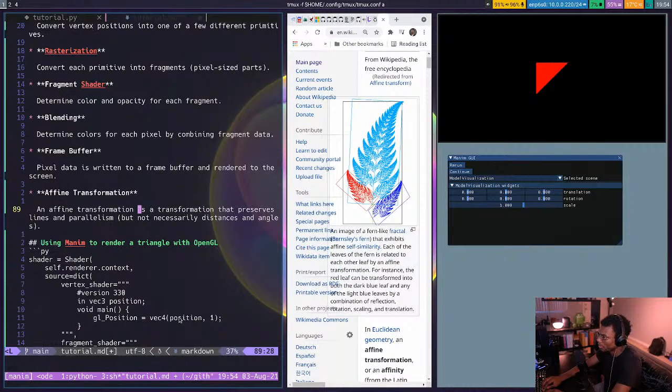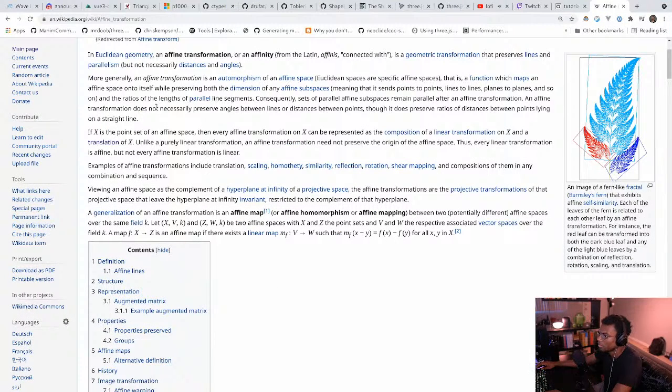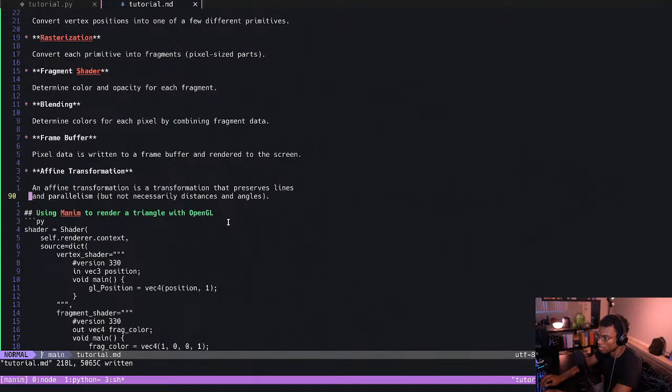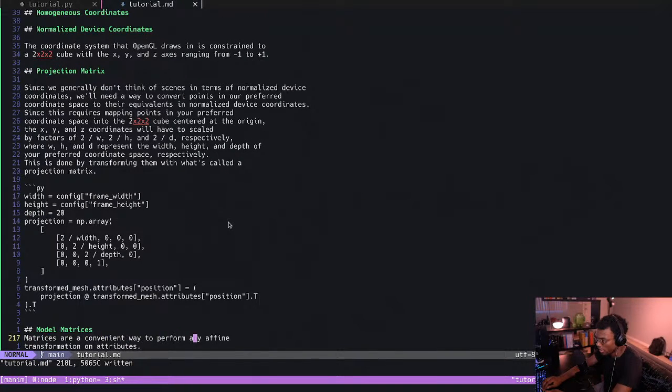You're like, anyway, I'm gonna multiply by this matrix. And he's like, oh, you're going to map an affine space onto itself while preserving the dimension and the... You're like, all right. Preserves lines and parallelism, but not necessarily distance and angle. I think this is fine. I'll just keep this. Any affine transformation on...